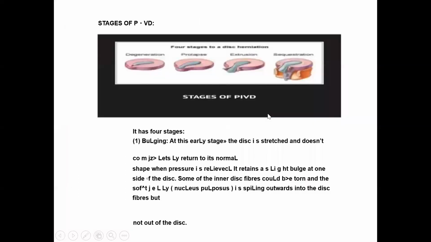Next, these are the 4 stages of disc herniation, PIPD. The first one you can see is degeneration. This is prolapse. This is extrusion. This is sequestration. It has 4 stages. Number 1 is bulging. At this early stage, the disc is stretched and does not